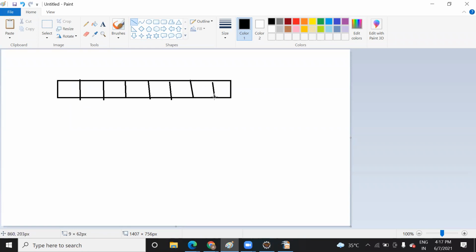Because the elements are saved inside it. Suppose here 1, here 2, here 8, 9, 6, 5, 3, 4.